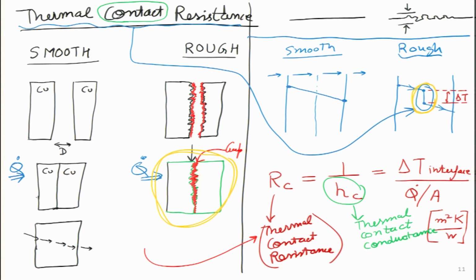What I would very quickly mention over here is, to give this illustration, I purposefully chose that both the materials were the same. This was a copper block, this was a copper block, and then we were trying to attach them. In reality, most of the materials that we are trying to attach to one another are of course different. It could be an aluminum heat sink which we are trying to attach, with the thermal interface material, to the cover of the IC chip inside a desktop computer. The chip is dissipating heat, it is attached to the heat spreader which is made of a different material, and then a lot of stackings of different types of metals are on top of one another.